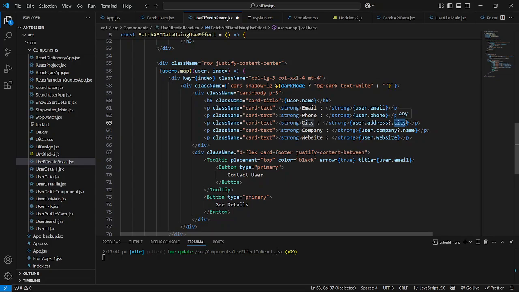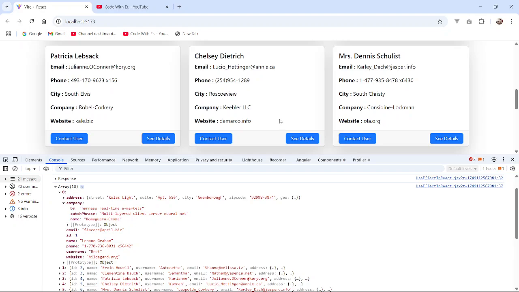It is not going to crash our app, our app is not going to stop all of a sudden due to the runtime error, because the optional chaining operator is going to avoid the runtime error. So this is the biggest advantage of using the optional chaining operator. Okay, this is it. So save the file and have a look in the browser, and now we can see here,